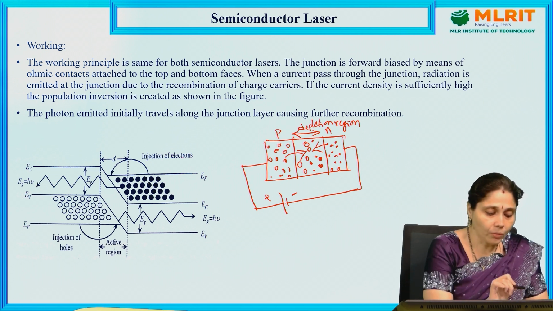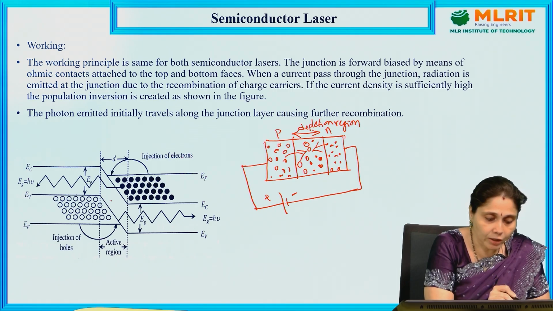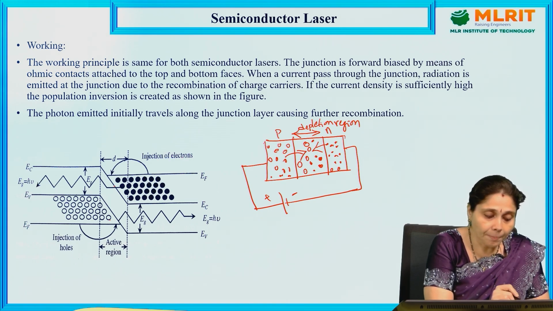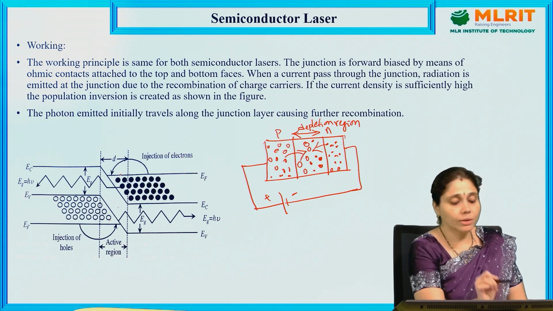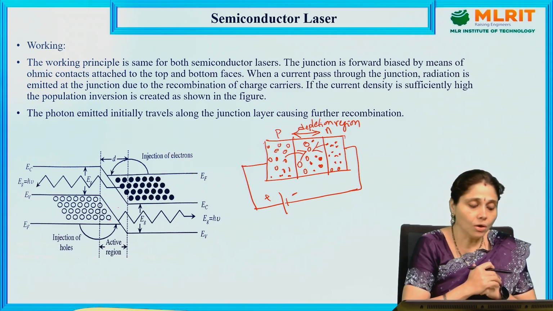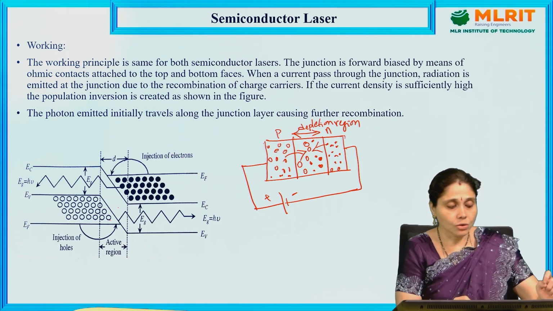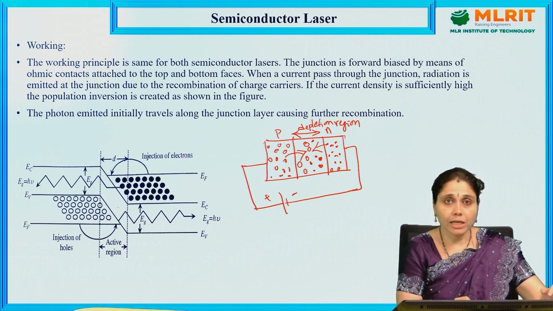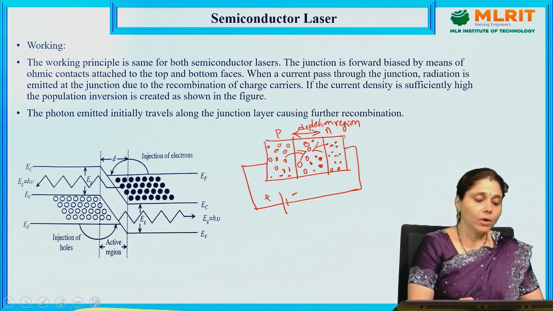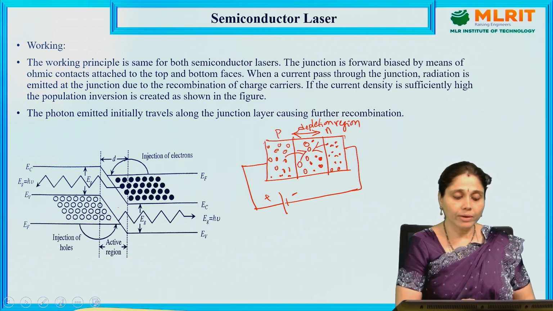So, see the diagram over here. This is the active region. In the active region, there are some holes and some electrons. When we provide some amount of energy, the holes are injected into the active region and electrons are injected into this region. Eg means energy gap. There are two states, valence state and conduction state, and Eg will be the energy gap. Here also valence and conduction states. EF is the equilibrium level.